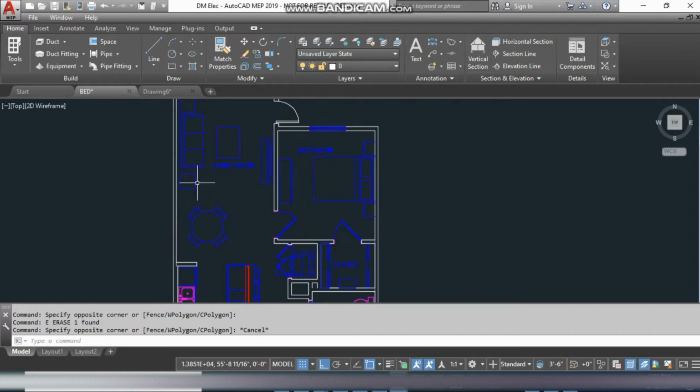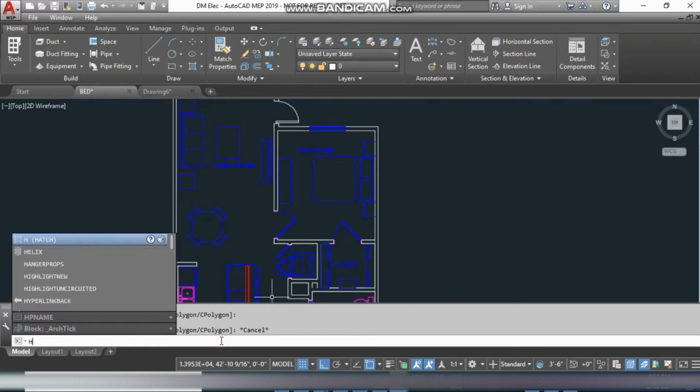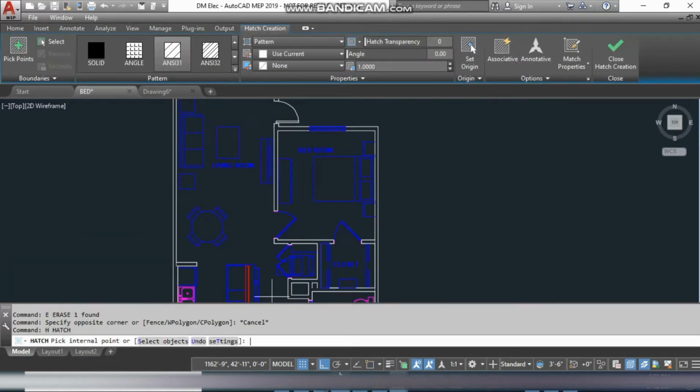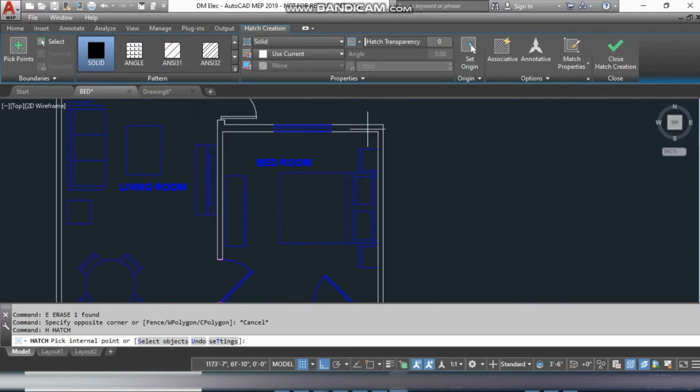Now for the hatch, what we need to do is, in the command bar we press H for the hatch and then click spacebar or enter. So the hatch creation is open. You can click on the solid and then click